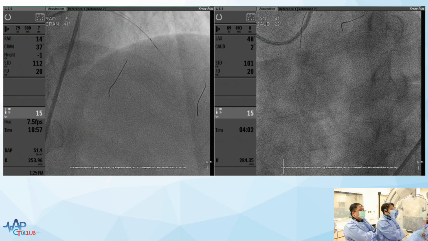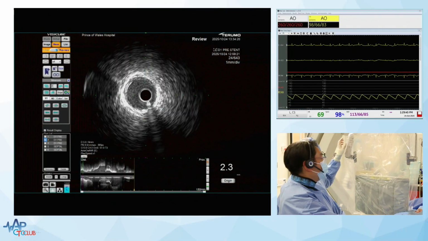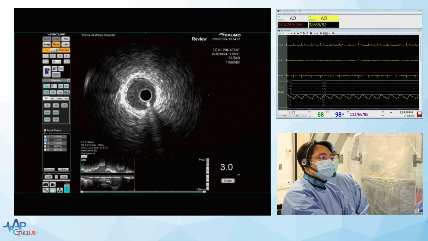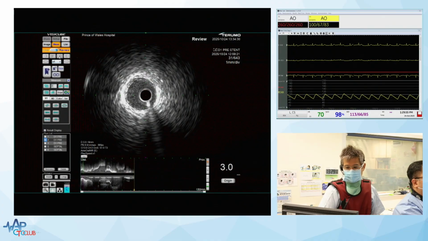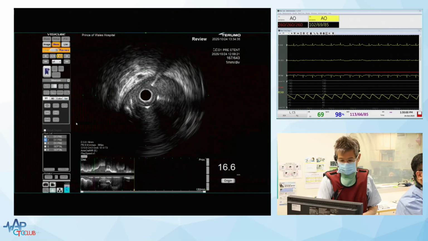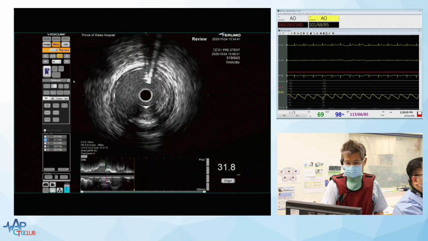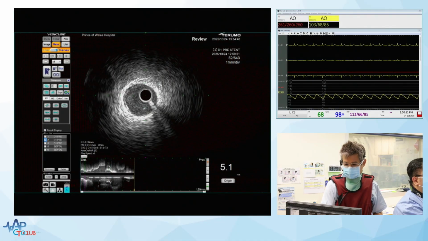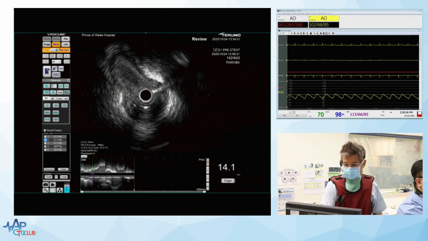So what I do is that I wire both the septal and also the diagonal. And then we have an IVUS pullback from the diagonal side first to locate the proximal cap. So Eugene, could you help us to explain the IVUS? Okay, so this is the IVUS from the diagonal. Can you see the IVUS? Yes, okay. So I'm just playing it through at the moment. From here I'm going to pause and show you the relevant part. This is 4 o'clock, diagonal, and you can see here we start to have a